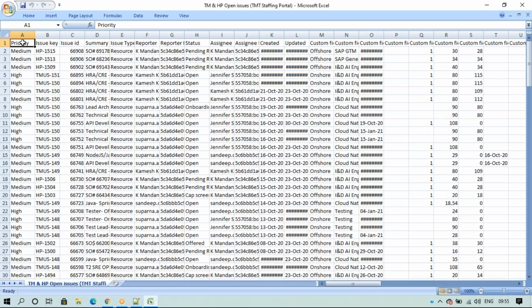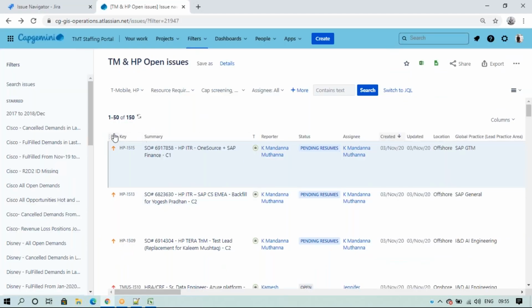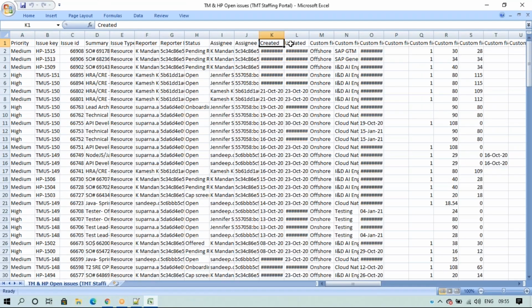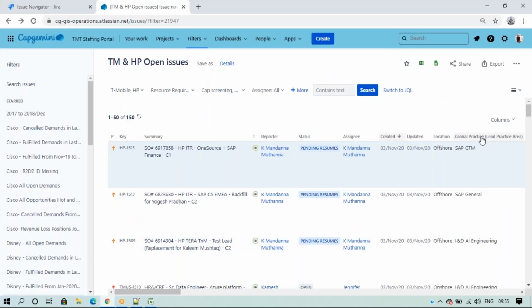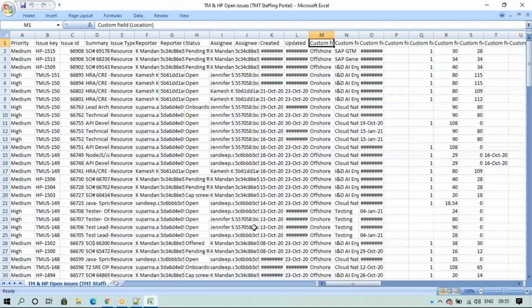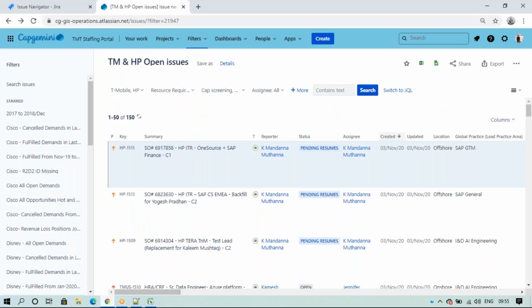The same file will have priority, issue type, issue ID, summary, reporter, and assignee. So all of this comes from this place only. This has priority, key, summary, reporter, status, assignee, created date, resolved date, updated date, and custom fields, custom field location. So we can export like this.